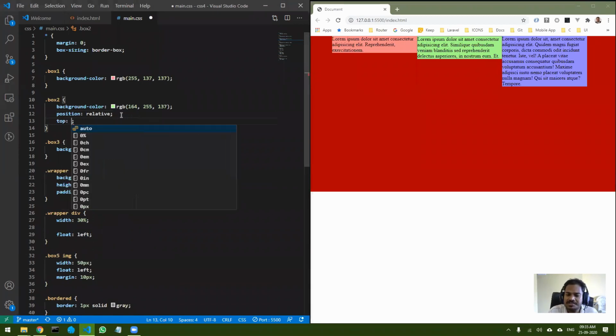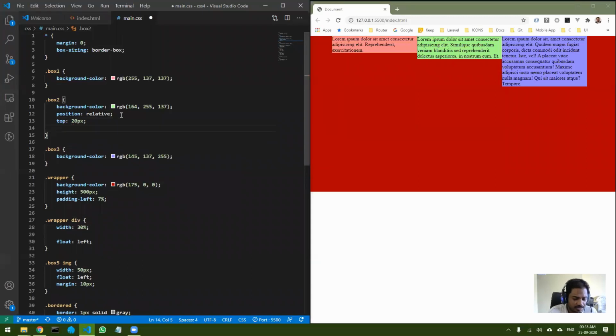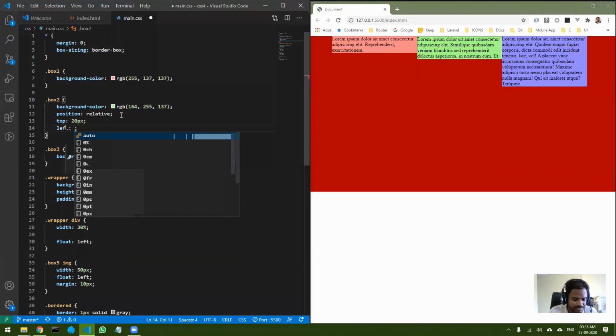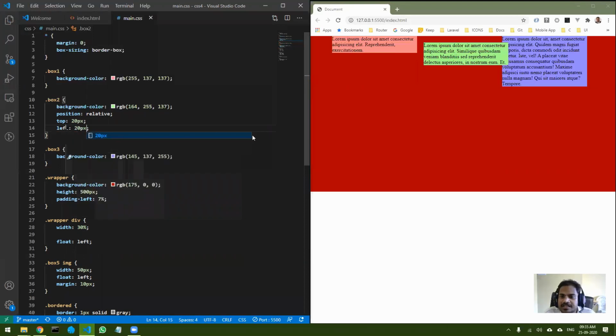Now you're setting where you want to go. Top, I want to go down 20 pixels, and left, I want to go left 20 pixels. Once I save it, now you can see the difference. It is going 20 pixels down, 20 pixels left.